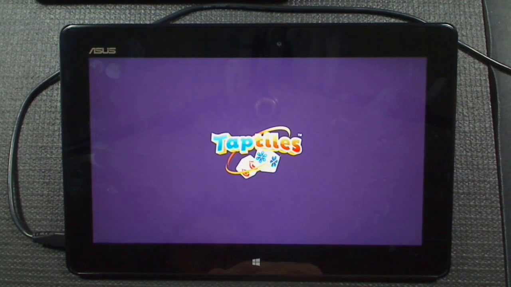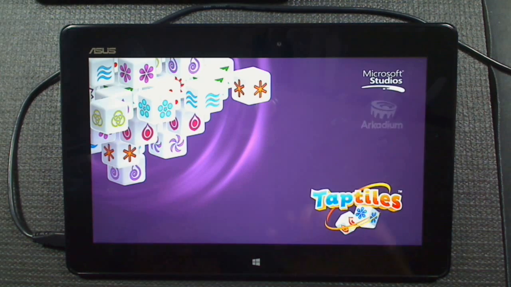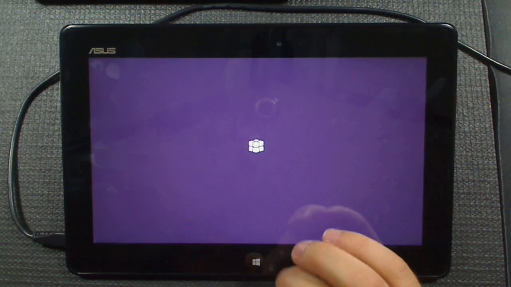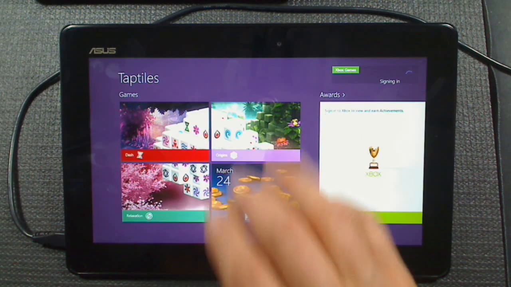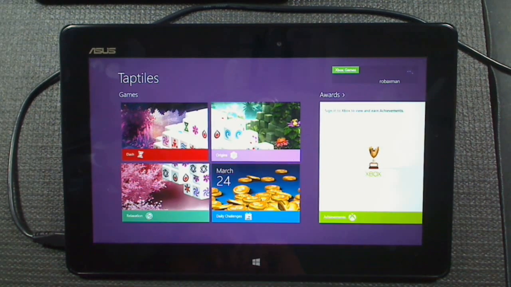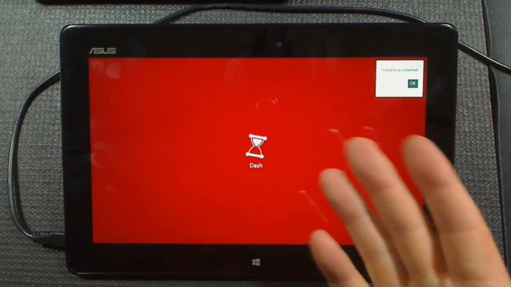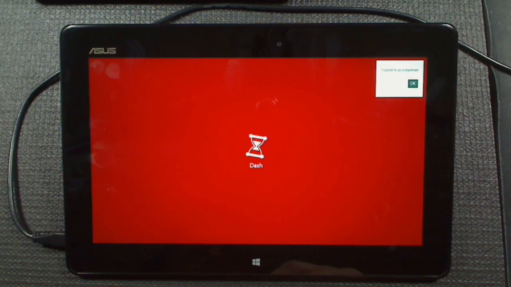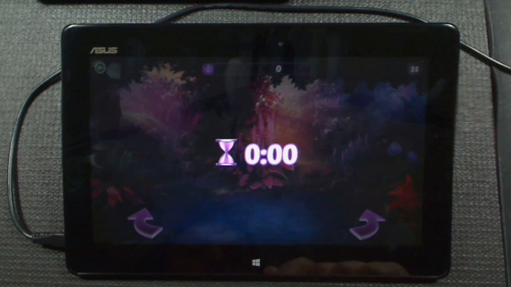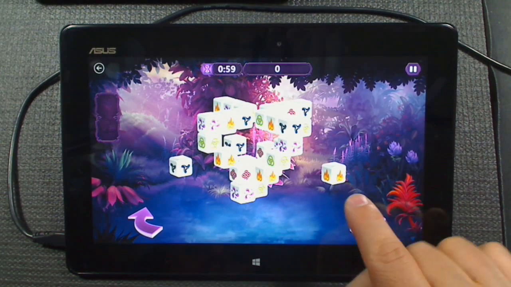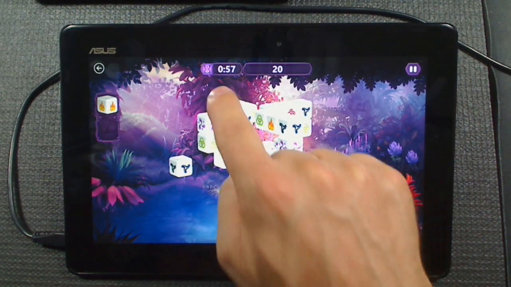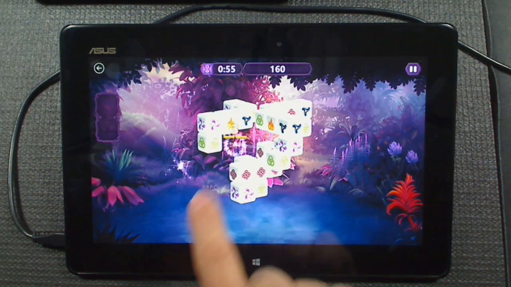I mean, Tactiles, this is a free one. It's from Microsoft. This was on the device when I bought it, yes. Silly game, this. I don't get it. It seems too easy. Or maybe I need to try some of these other things, but I tried the first thing. And I think you just whack away at tiles of the same sort so long as they're on the edge, like that,